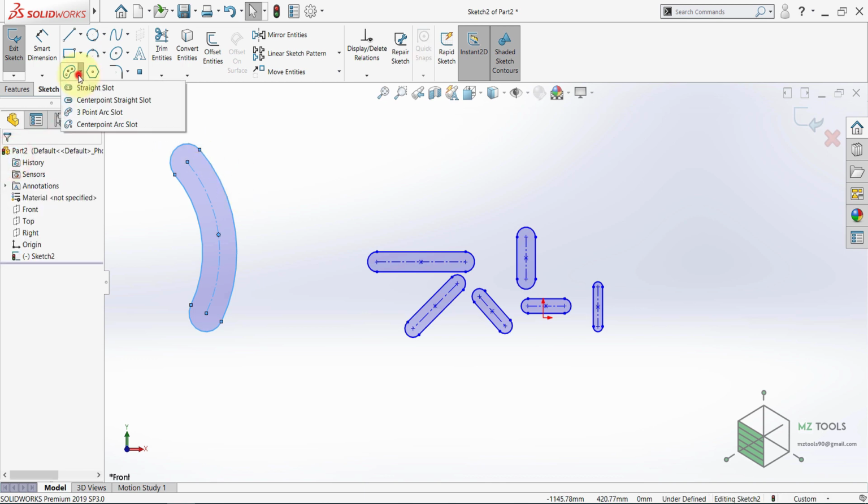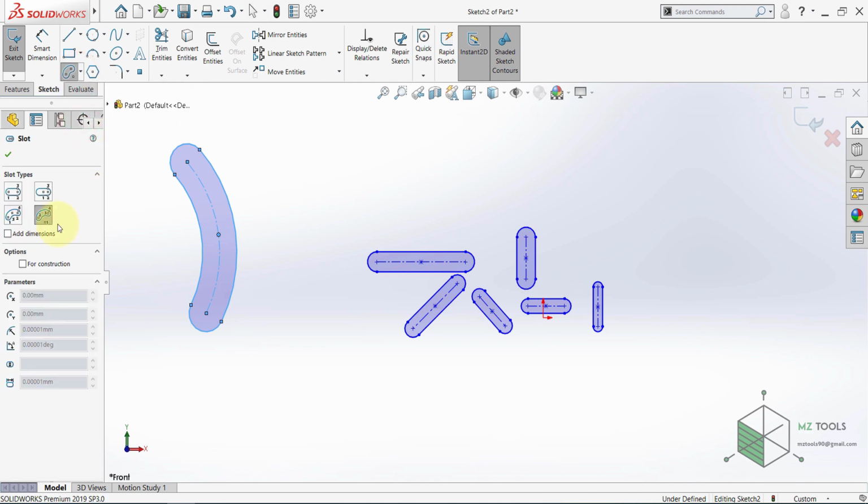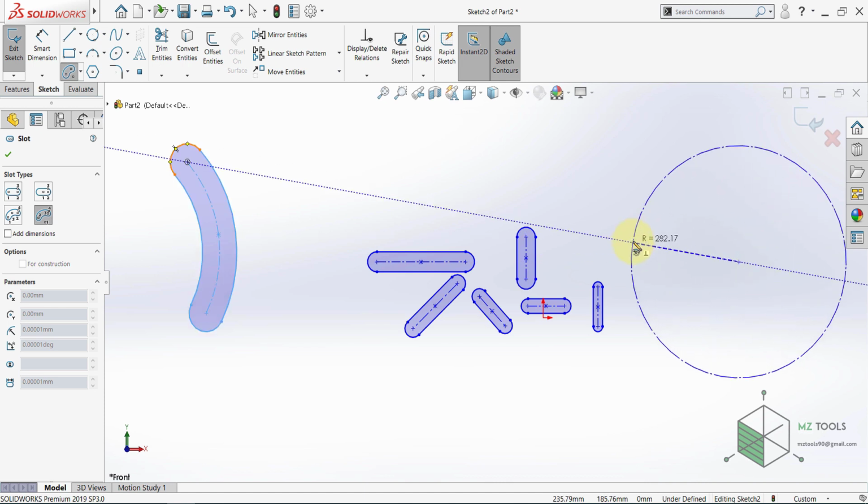Now, the fourth type is center point arc slot. In this case, as you can see, the first click indicates the center point of the arc, then the second click indicates the starting point, the third click indicates the end point, and finally the fourth click indicates the width of the slot. So let's start: the first click, the center point, the second click, the starting point of the